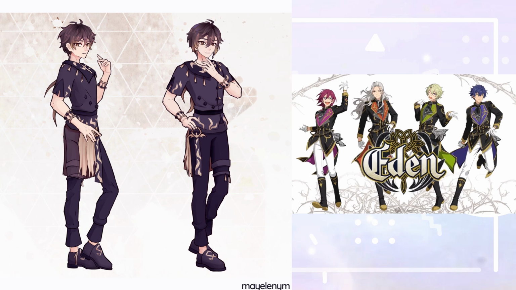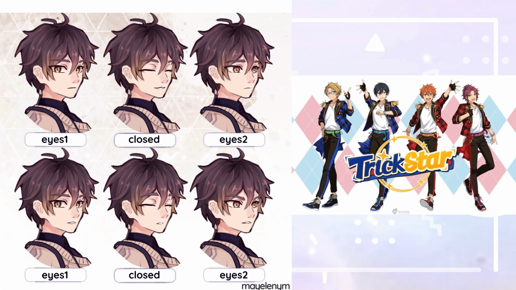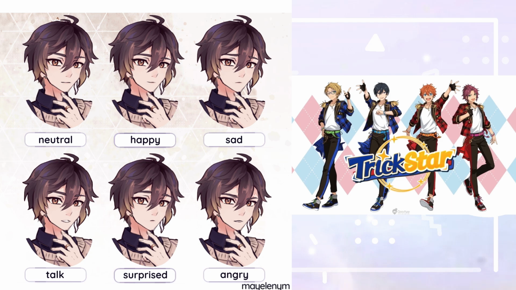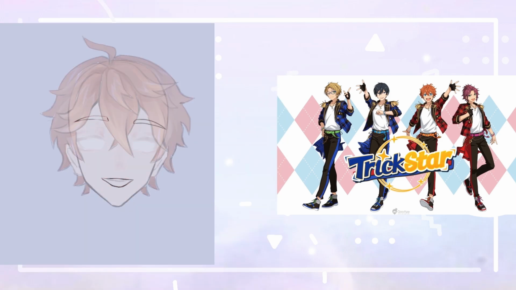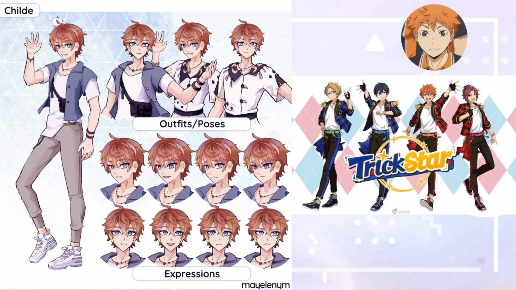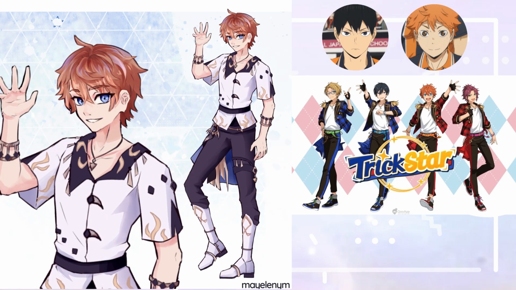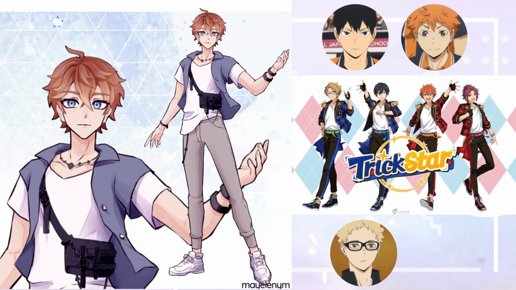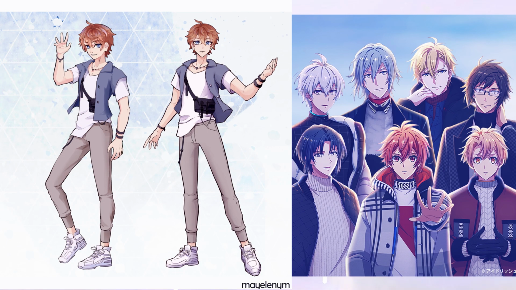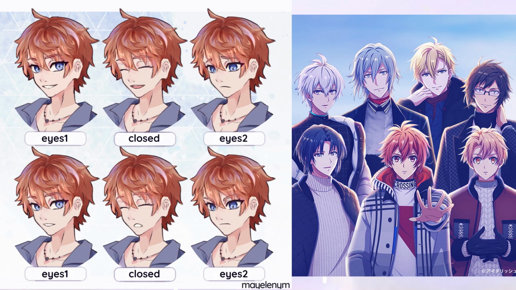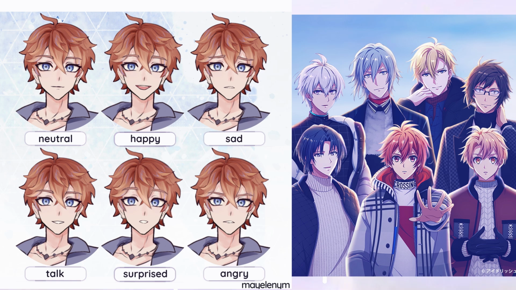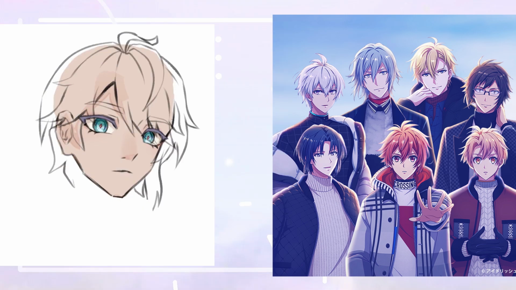Another Ensemble Stars group they remind me of would be Trickstar. Here, Hokuto fits to Zhongli and Subaru to Child, their hair colors even match, and then Makoto would be like Alhaitham and Mao like Kavi. And in a way, Trickstar as well as this group reminds me of 4 Haikyuu characters as well, with Subaru or Child being like Hinata, Hokuto and Zhongli like Kageyama, Makoto and Alhaitham like Tsukishima, and Mao and Kavi like Yamaguchi. In Idolish 7, I found it interesting that they kinda fit to the characters color-wise, Zhongli to Iori, Child to Mitsukuni, Kavi to Nagi and Alhaitham to Yamato, and even a bit Sogo.